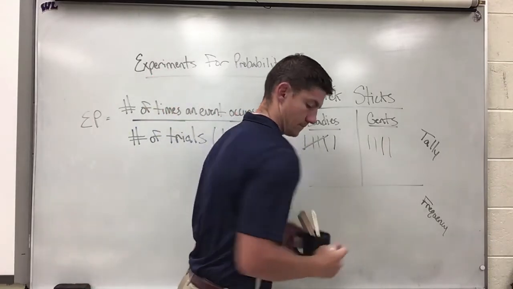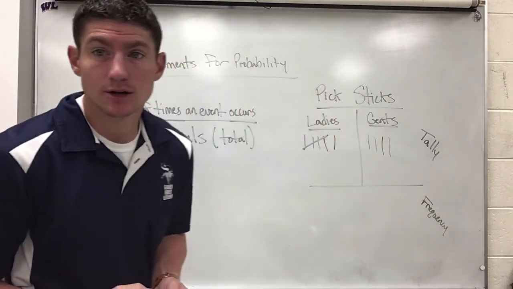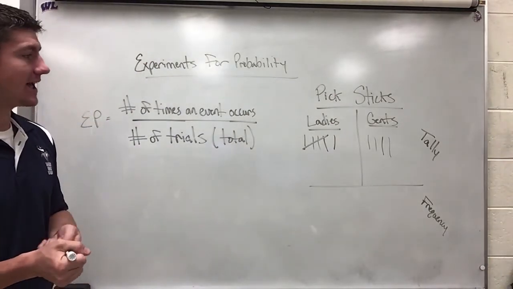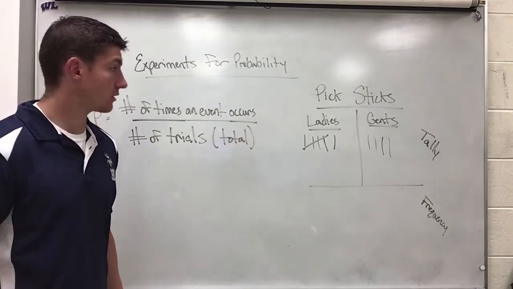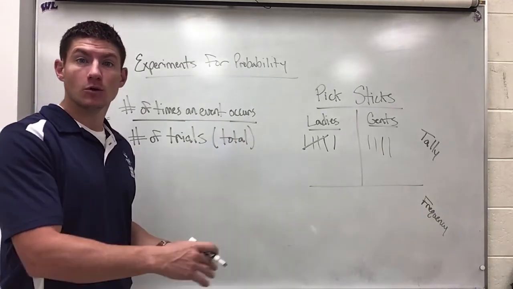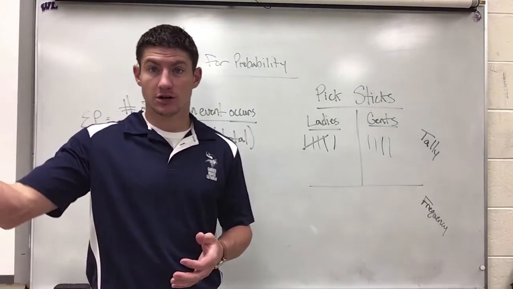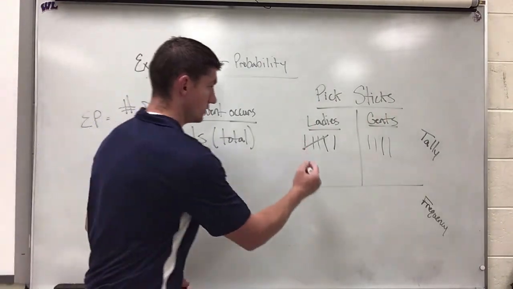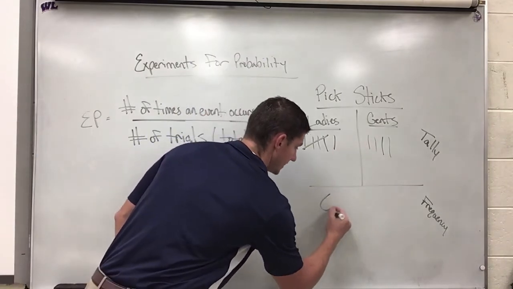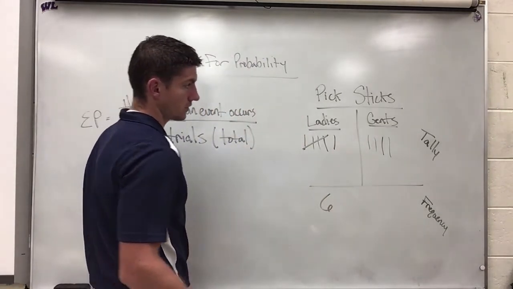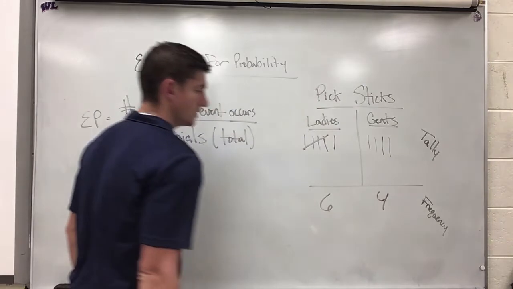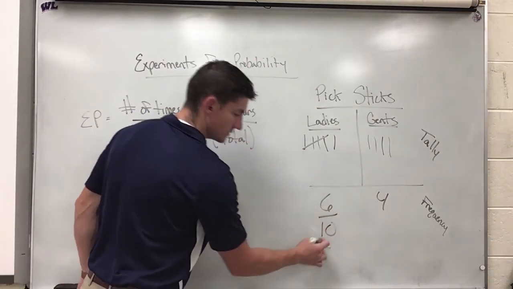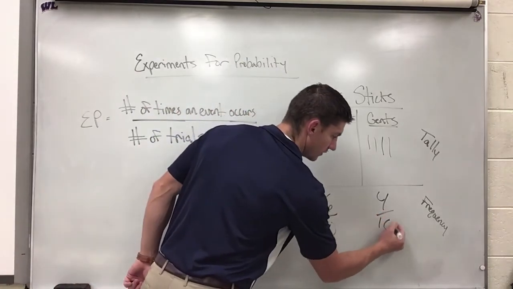Malachi. All right, I only did 10 total trials. The number of trials was 10, and the tally and frequency of each of those categories is right here. If we would keep going, we'd find out how many gentlemen and ladies we have in our class, but we're only using this as a quick example. There was a total tally here: 6 of those were for the ladies, 4 of those were for the gentlemen. If I put that into fraction form, it would be 6 out of 10, because we did 10 total trials, and 4 out of 10.